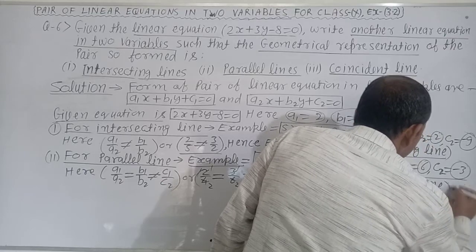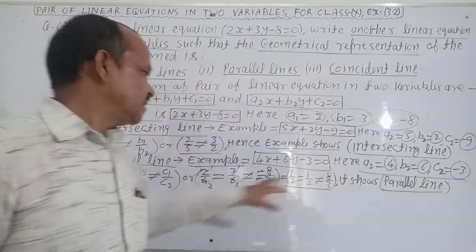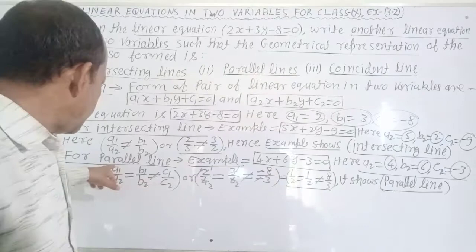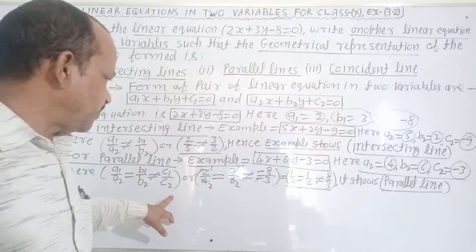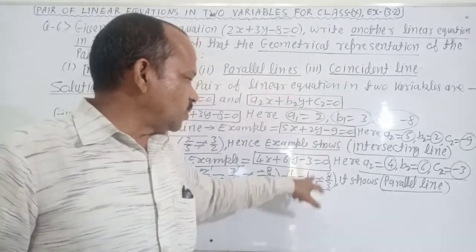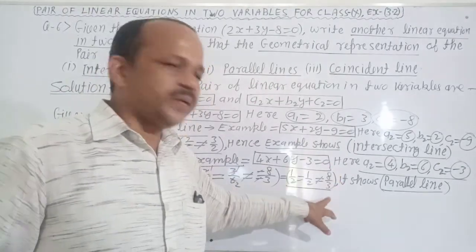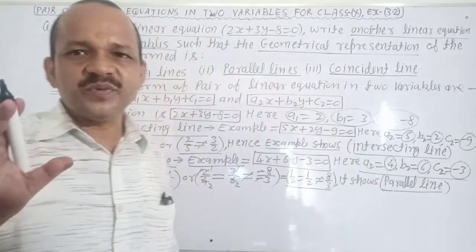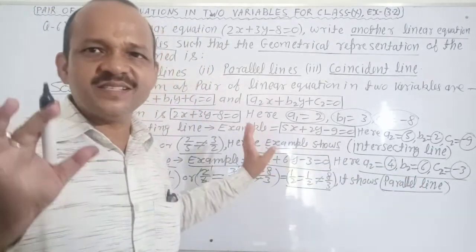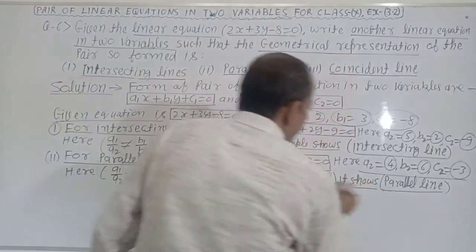It shows parallel line. It is clear? Here A1 by A2 equal to B1 by B2, not equal to C1 by C2, 1 by 2 equal to 1 by 2, not equal to 8 by 3. It shows parallel lines. Clear? No confusion about it. Very good. It is easy. Next,